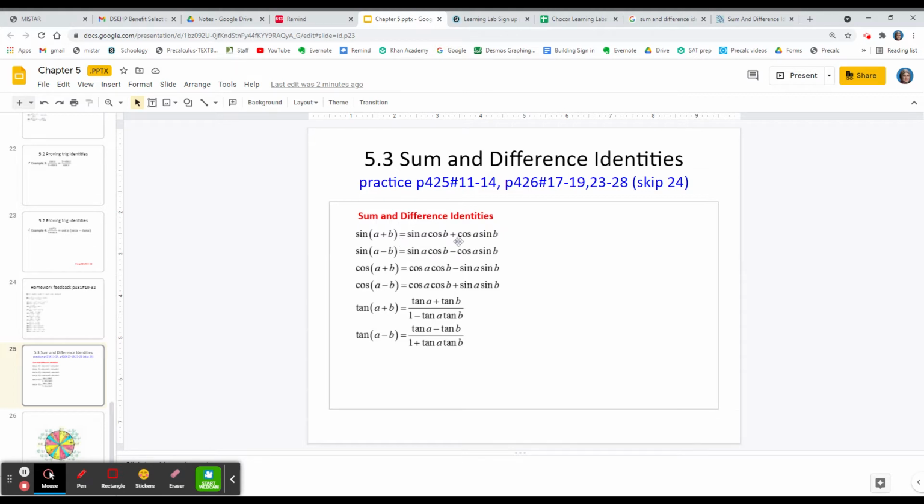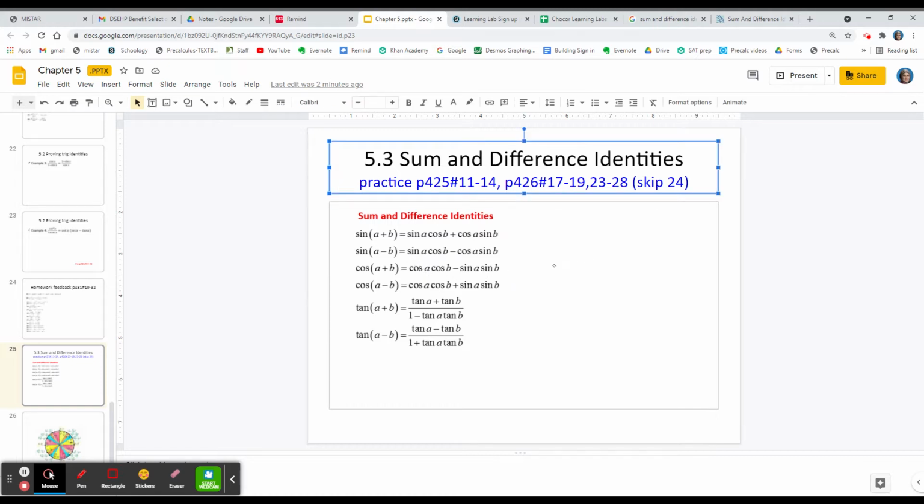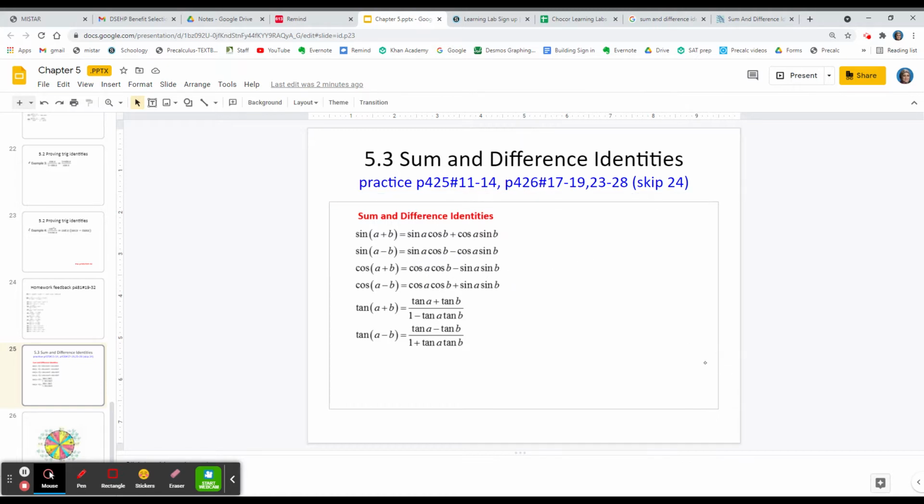So, what are the sum and difference identities and how do we use them? First of all, I would like to tell you that those sum and difference identities are in your identity sheet. Personalized one, if you want to take a look at the personalized identity sheet,